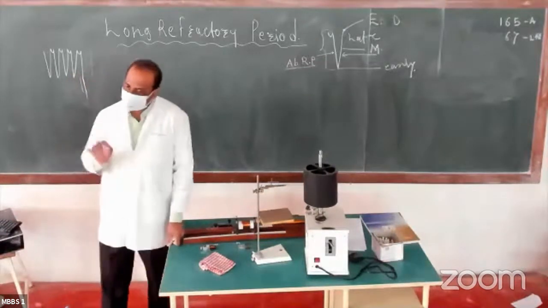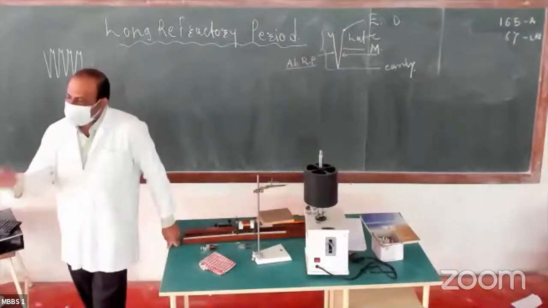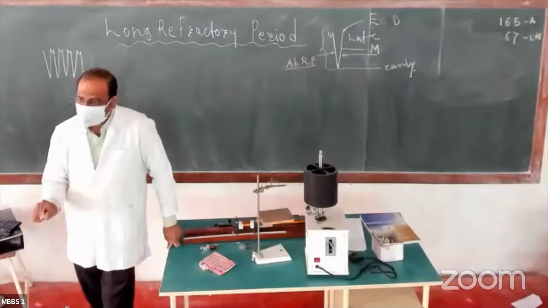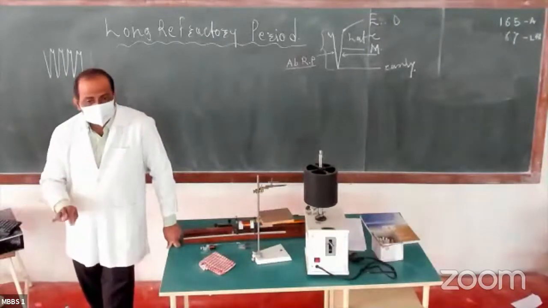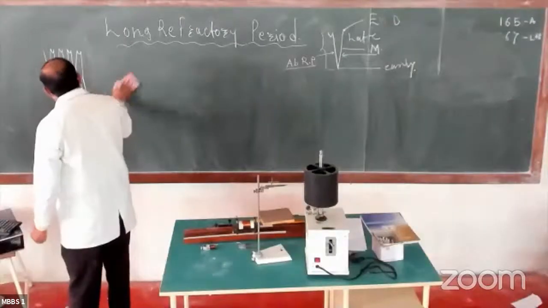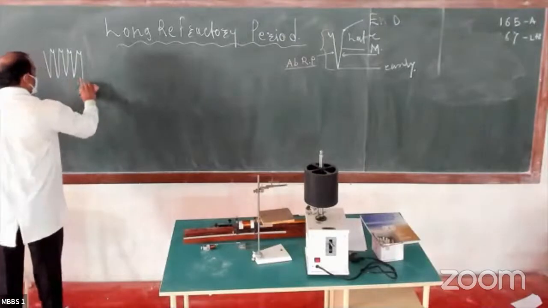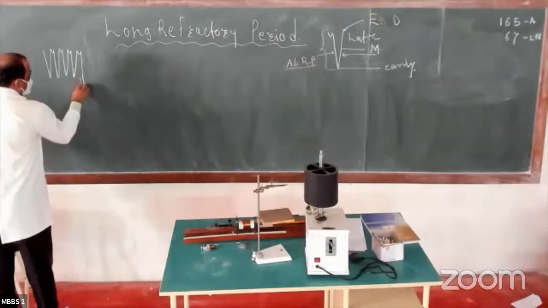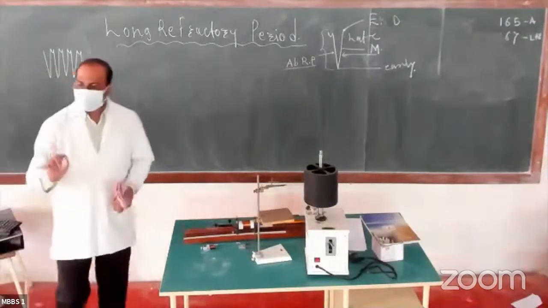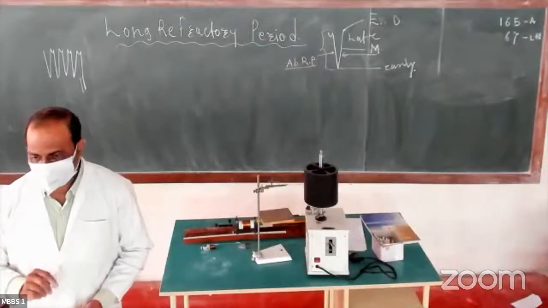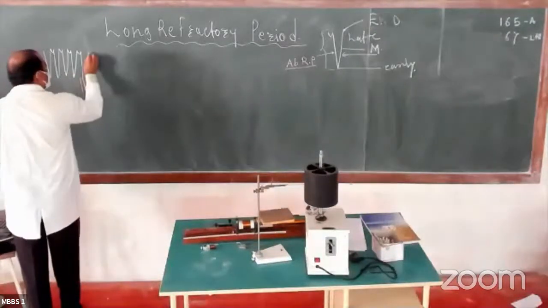So though the natural impulse will be there in the extrasystole phase, it will appear during the extrasystole, so it is ineffective. Is it clear? Now what will happen? By applying this extrasystole, we have disturbed the rhythmical transmission of the impulse. Is it clear? Now, again it shows the